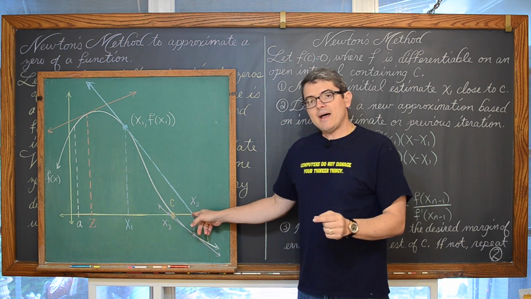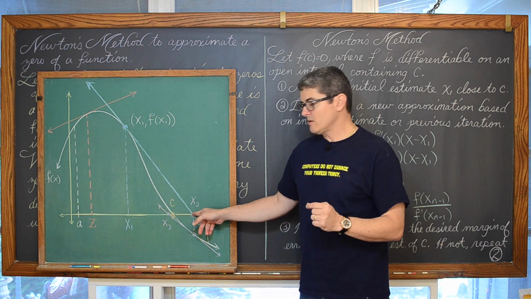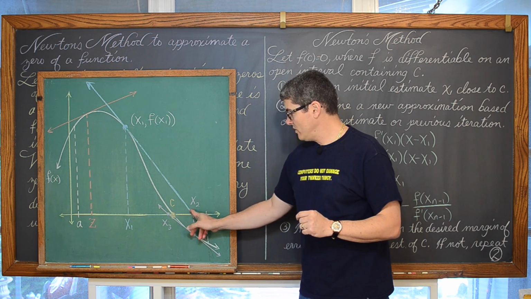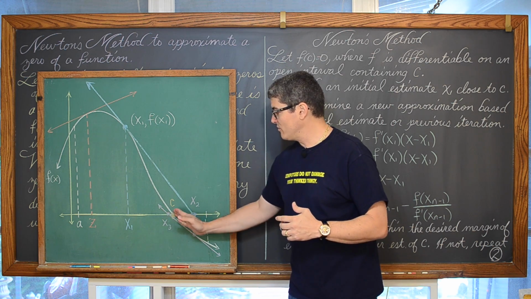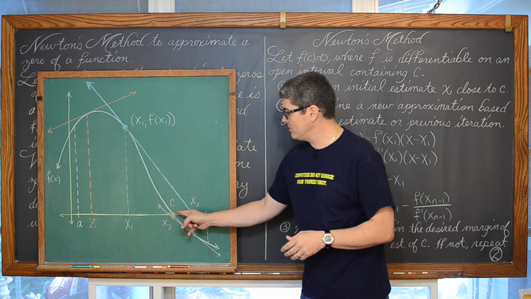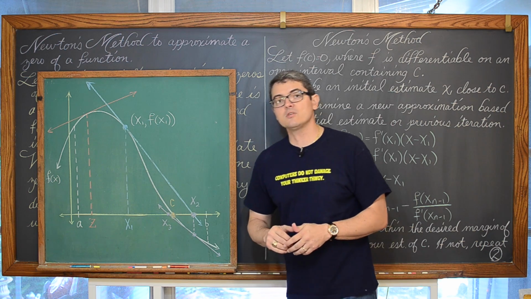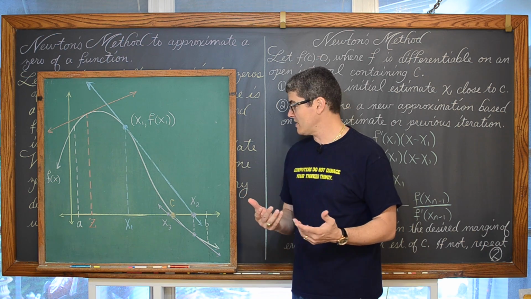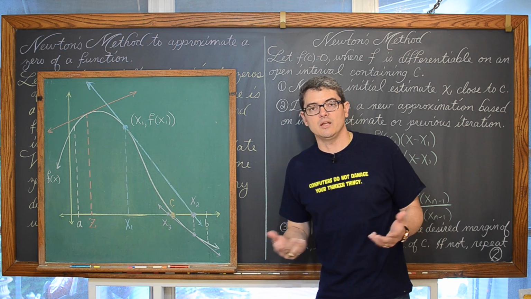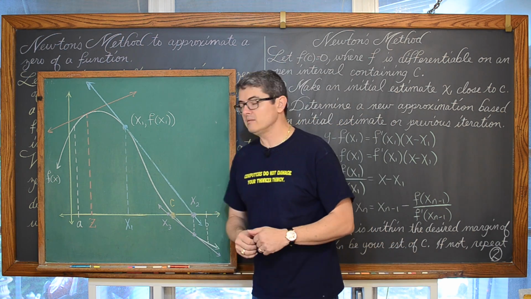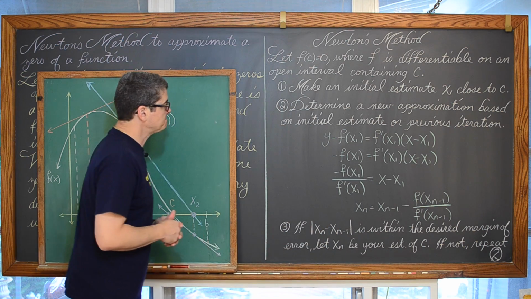And then from that new estimation of this 0, you make another tangent line. And you can see that you're going to progressively move closer and closer and closer to the 0 of that function. And actually, within just a few steps, I'm showing here basically one guess and then 2 tangent lines. You might have to do 3. You'll get close to that 0 quite quickly.